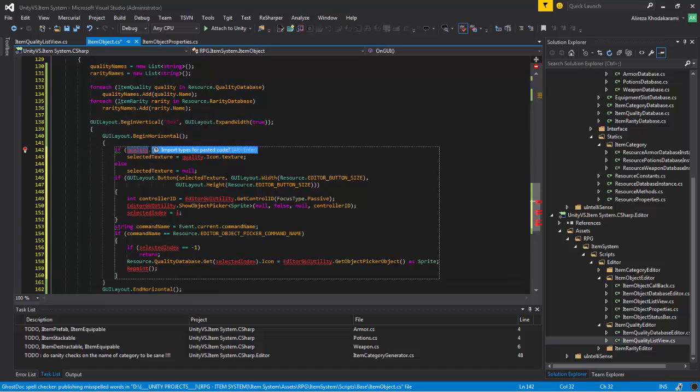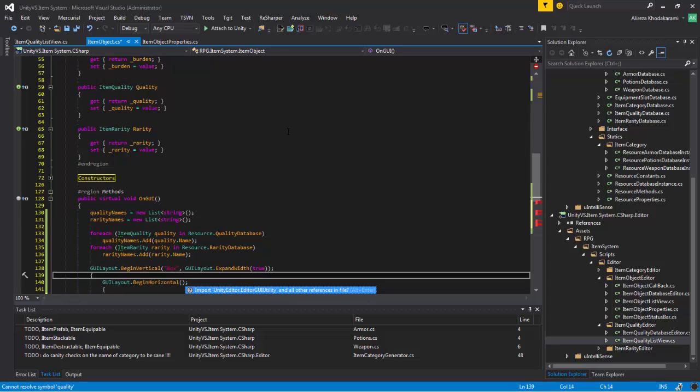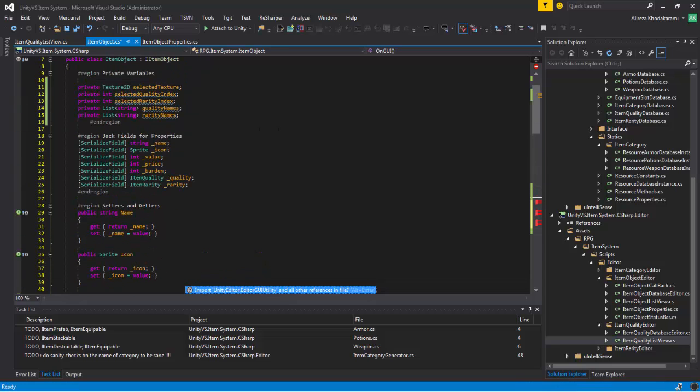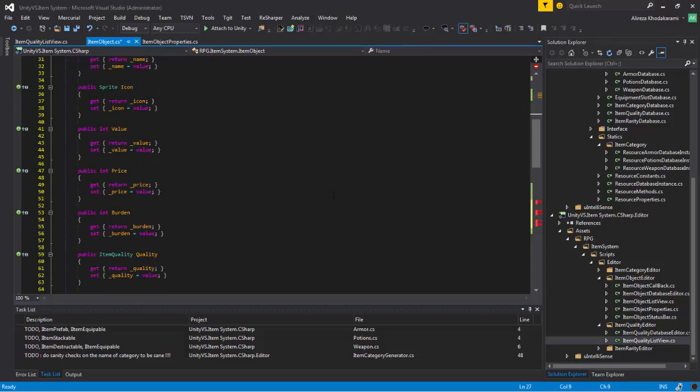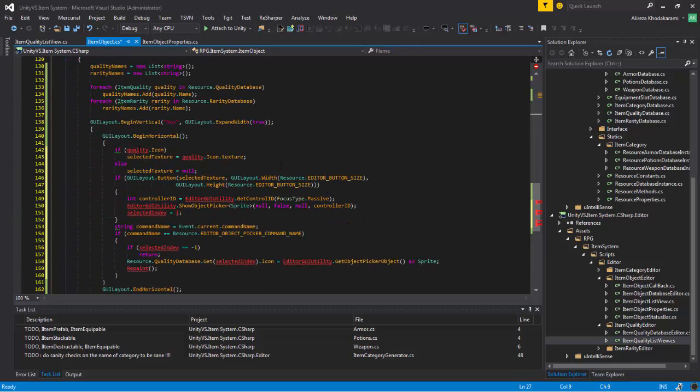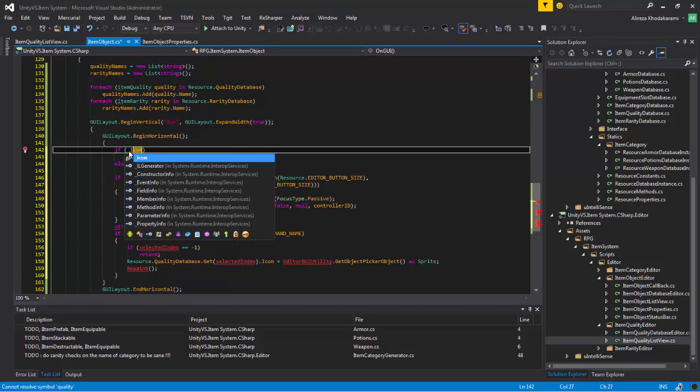Bam. So quality, we don't have that. What did I call this, selectedTexture? Where is that icon coming from? Oh, stupid guy. So we say if underline icon